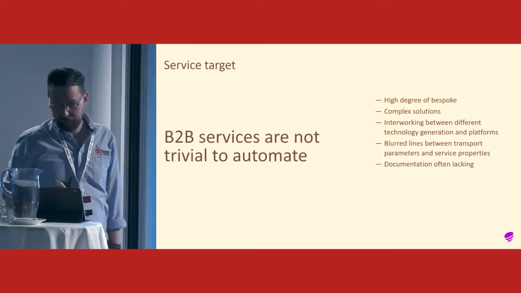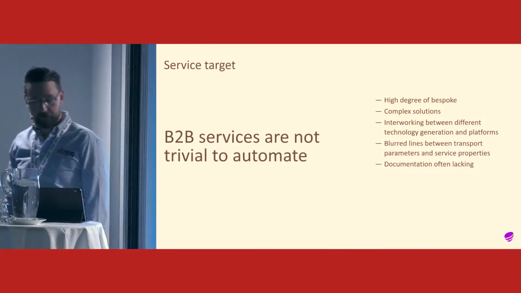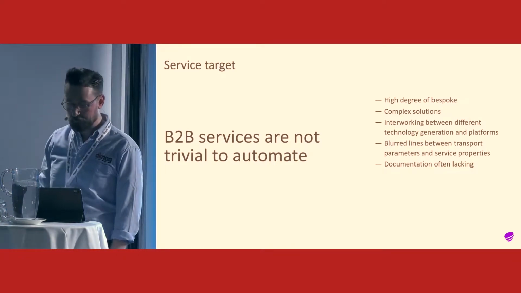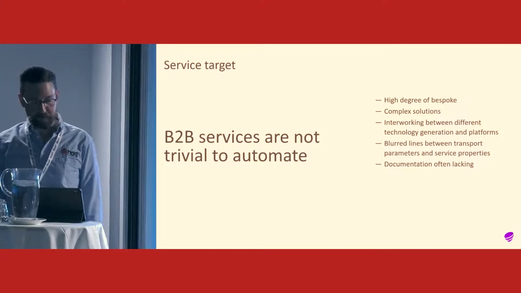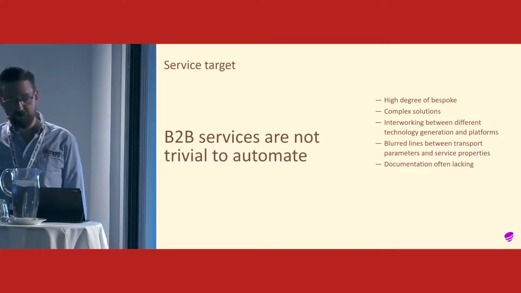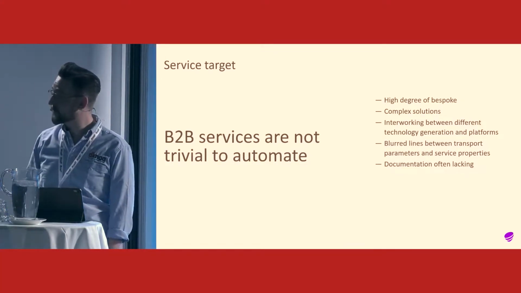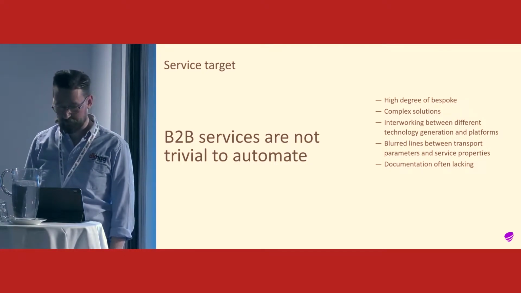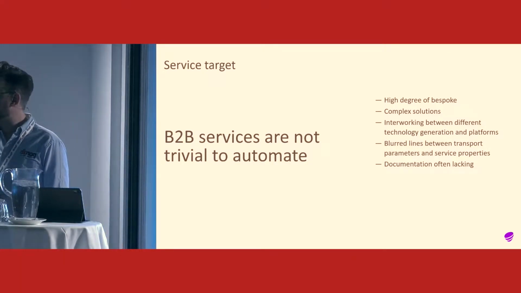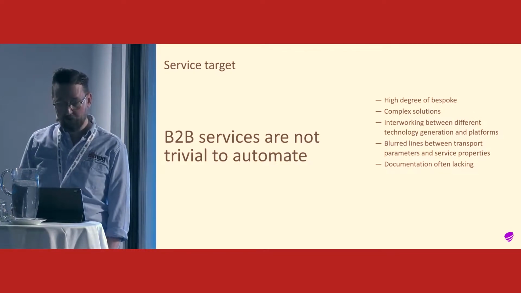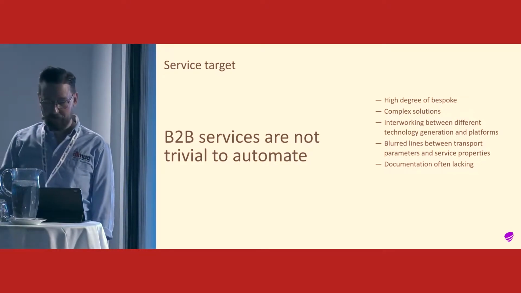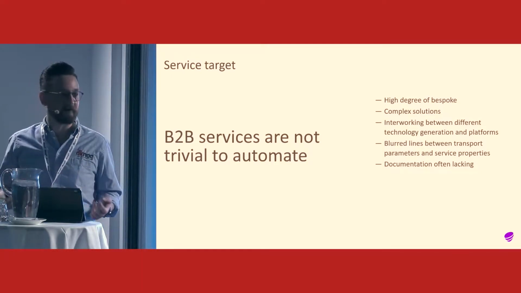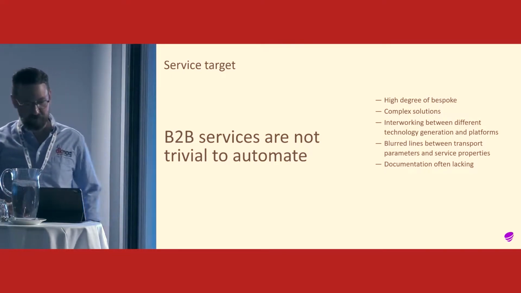Good. It's business-to-business services. If you're not familiar with those kind of services, it's layer 3 VPN services, internet transit services, layer 2 solutions, etc. And these are very challenging to automate because they're usually a lot more complex than residential services. This is usually because there's a high degree of bespoke, or what started off as being bespoke, and has now become a myriad of add-on, value-added services, etc.